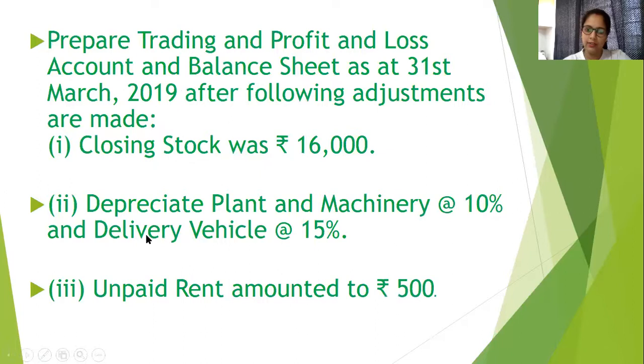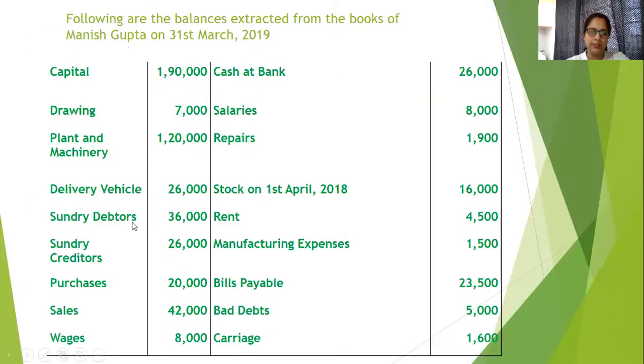Then delivery vehicle again will be written in the balance sheet after plant and machinery, and we will provide 15% depreciation. Delivery vehicle is 26,000, 15% depreciation, and the same depreciation will also be written in profit and loss account. Now, sundry debtors in the asset side, sundry creditors in the liability side, purchases in the trading account. We will see if there is any purchase return. No, there's no purchase return. So purchases in the debit side of the trading account, sales in the credit side of trading account,